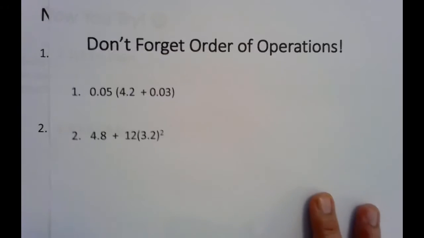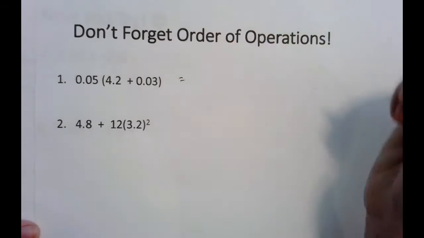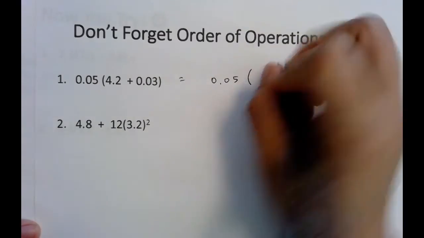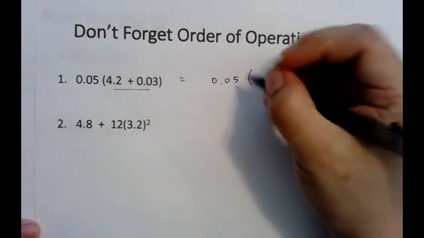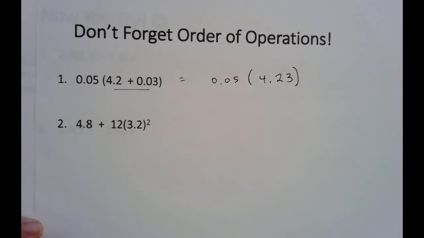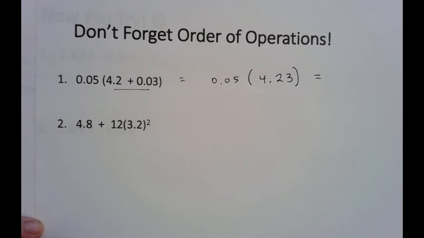Okay, don't forget order of operations. So we have order of operations, 0.05 times the quantity. So we need to add these first, parentheses first, so that would be 4.23. So what's 4.23 times 0.05, right? So if we were to do that,